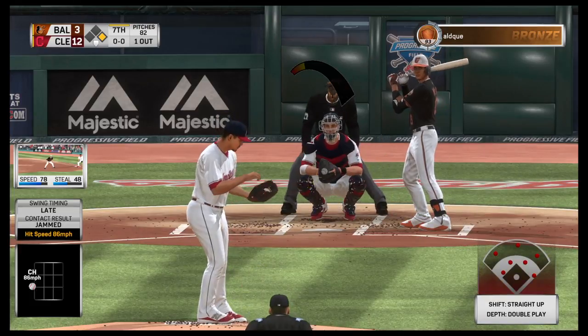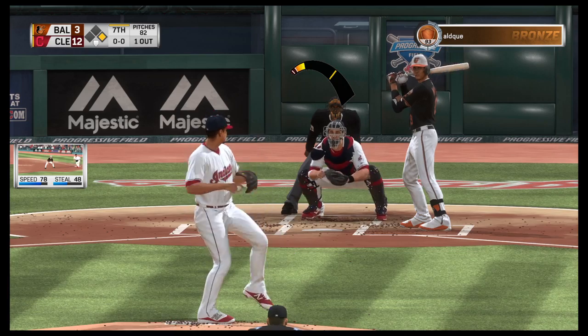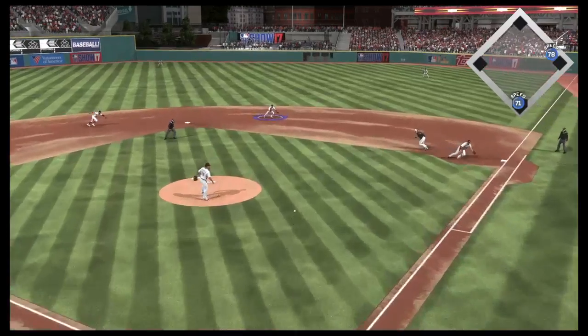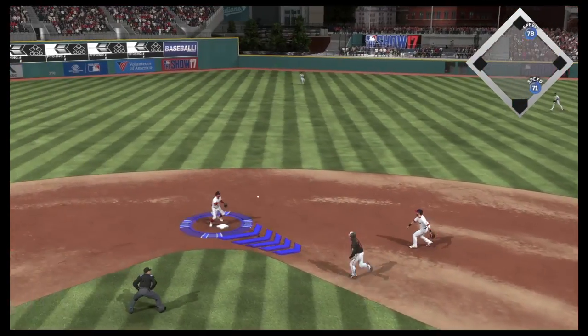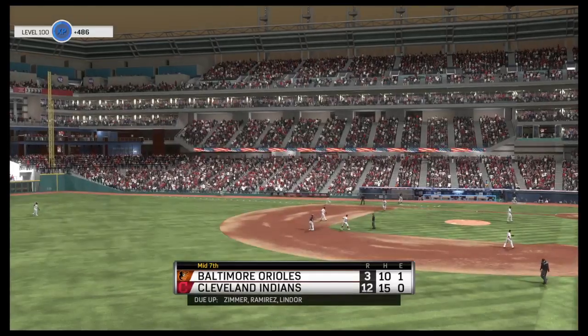Here's Manny Machado now. 2 hits in 3 at-bats for him in this one. He's set. Here it comes. On the ground for Kipnis. This could be 2. There's 1. On to Alonso. It's a double play, and the inning is over. It's time for the